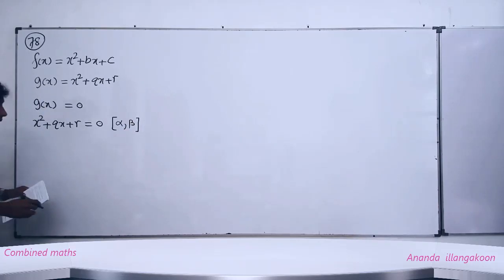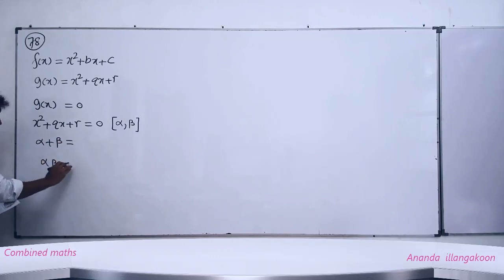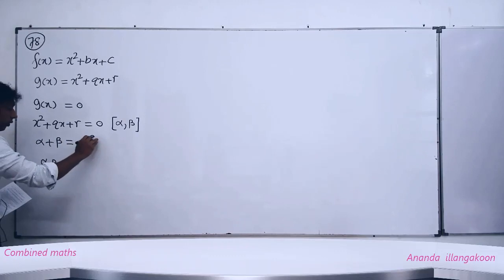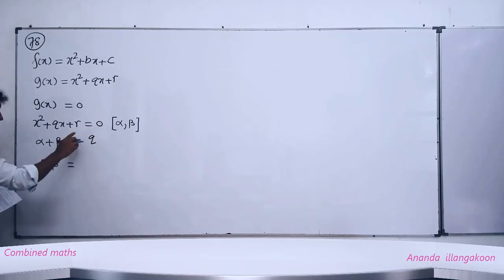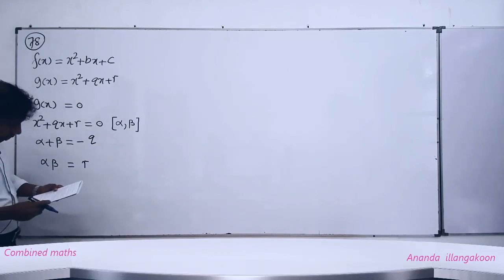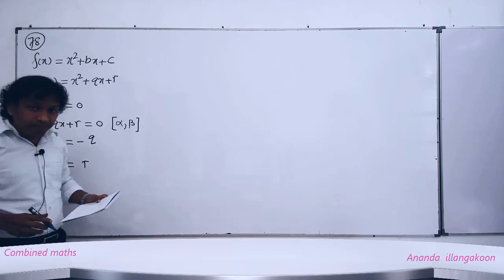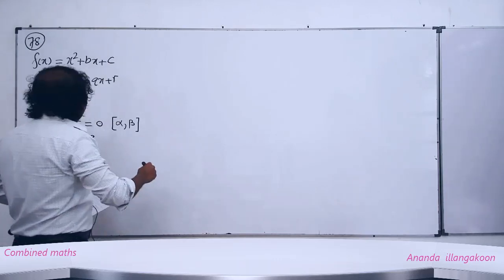Then we can write the sum of the roots and the product of the roots. The sum of the roots is minus q, and the product of the roots is r. Show that if alpha, if beta,